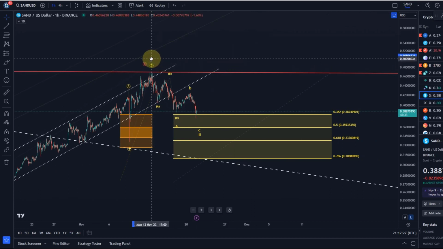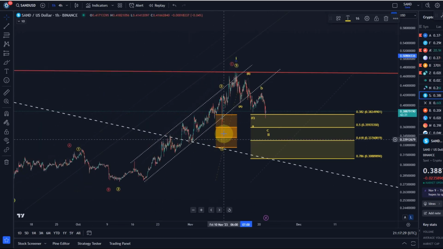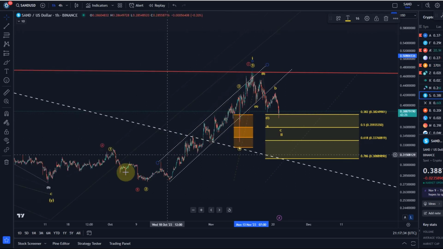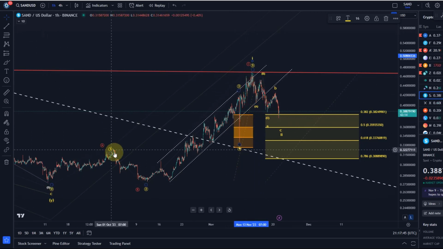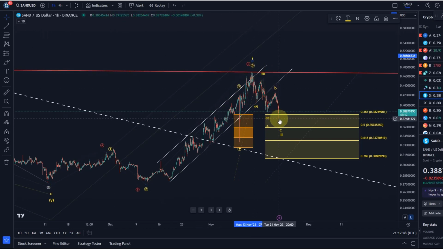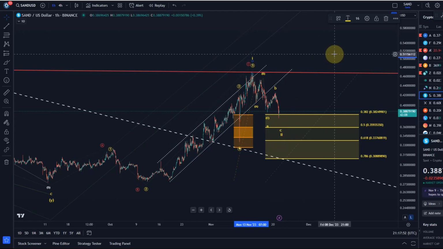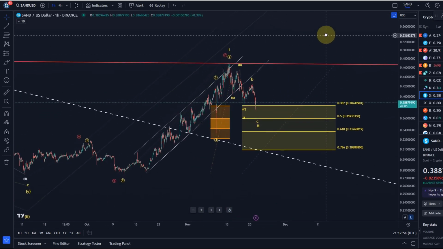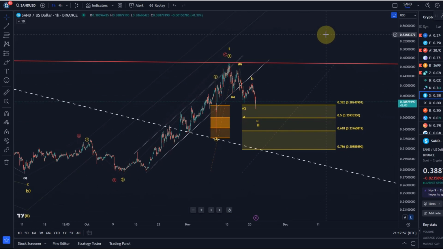This is what is a little unclear to me. This week, in my opinion, is not entirely reliable. We can count 5 waves up, yes, but without the wick, this here looks much more like a wave 4, to be honest. So we have a wave 1, a wave 2, a wave 3. Maybe this is the wave 4 with a wave 5 to come. Or this is the wave 2 with a wave 3 to come, which would be really aggressive. So not entirely sure. We never really know, do we?